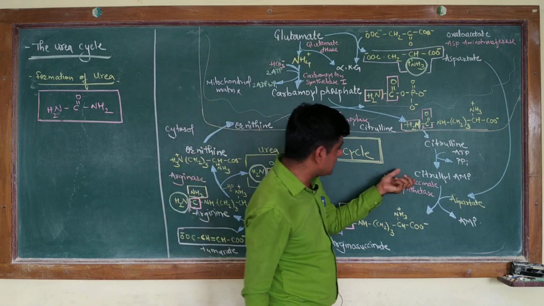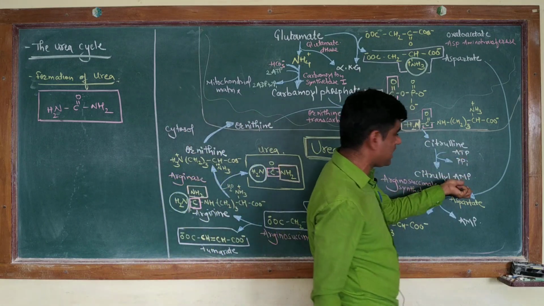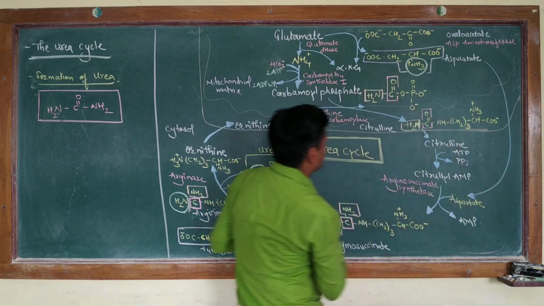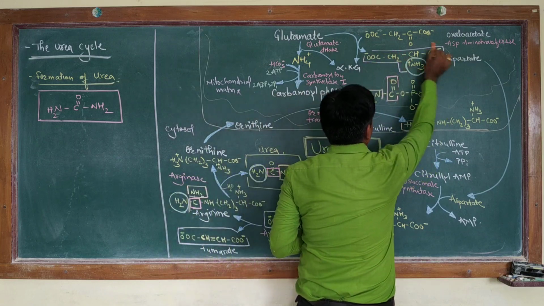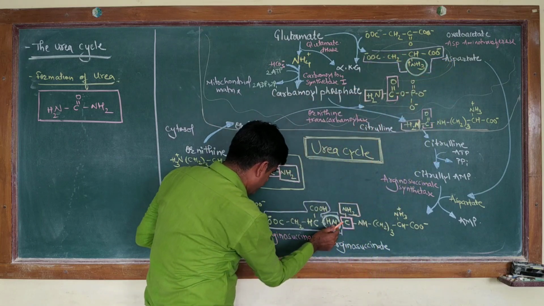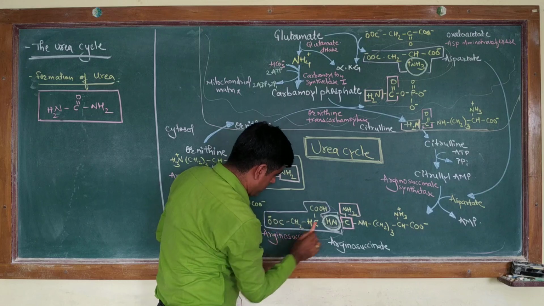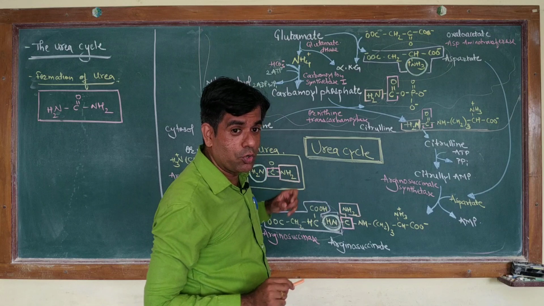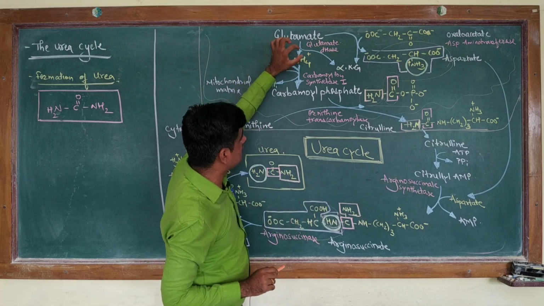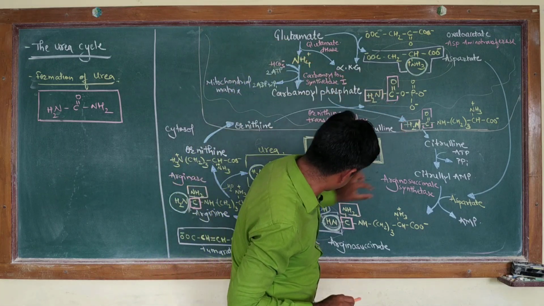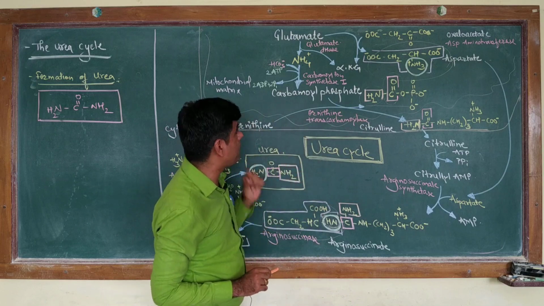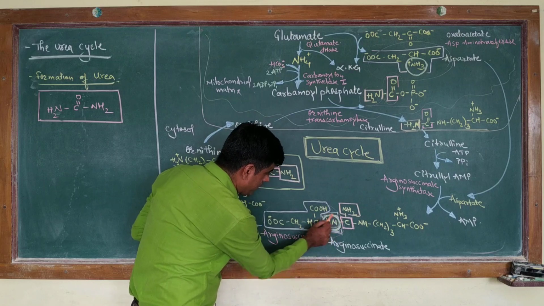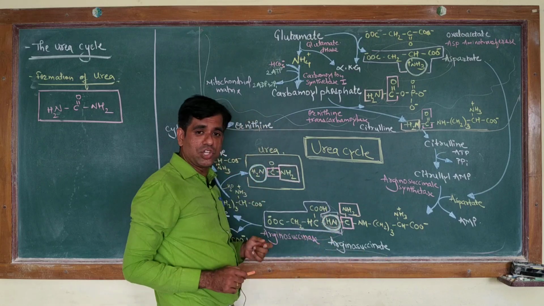So here transiently there is attachment of this AMP of this ATP. Then the AMP will be removed. This AMP will be replaced by this aspartate. So you have this particular aspartate which will now feature here. So this is actually bringing the second amino group. Try to focus on where these amino groups are coming from. We got this first amino group here. Yes, you can see this. We got the second amino group from this incoming aspartate. So this amino group is added here and there is formation of what is called your arginosuccinate.